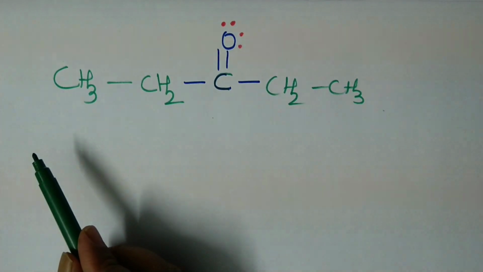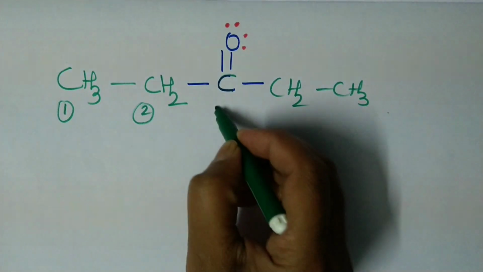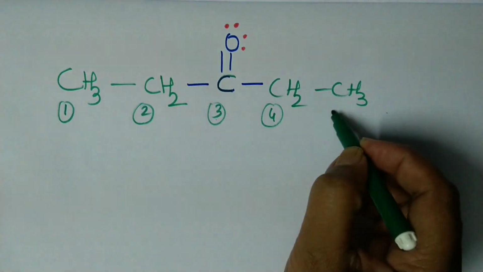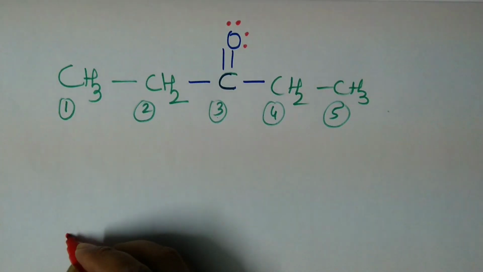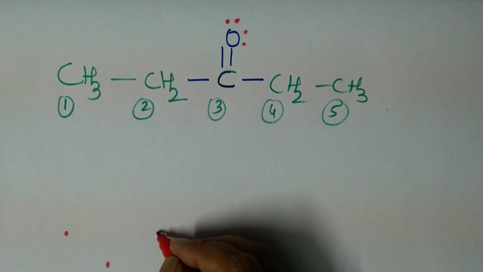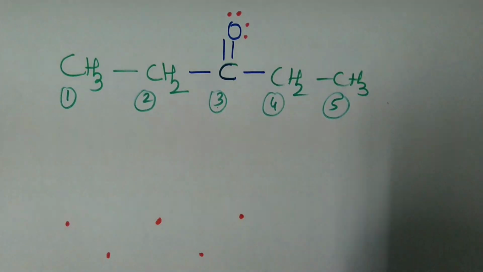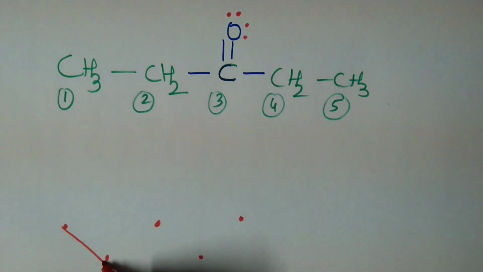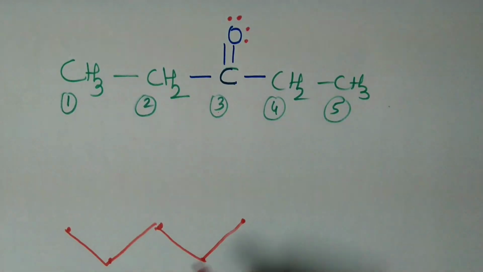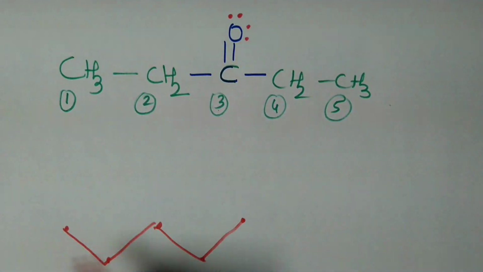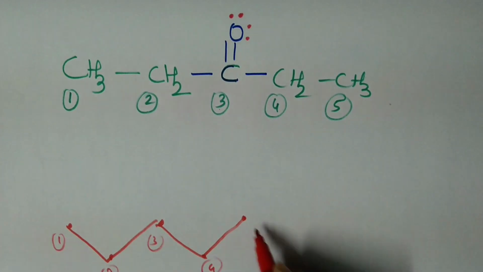So first what you should do? Yes, count the number of carbon atoms. 1, 2, 3, 4 and 5. Done. So 5 dots you have to write. 1, 2, 3, 4 and 5. What should I do now? Next, join them. Go on writing the mountains. It can be in reverse order. I have written it in reverse here. It's fine. So I have written 5 dots. Number them. 1, 2, 3, 4 and 5.